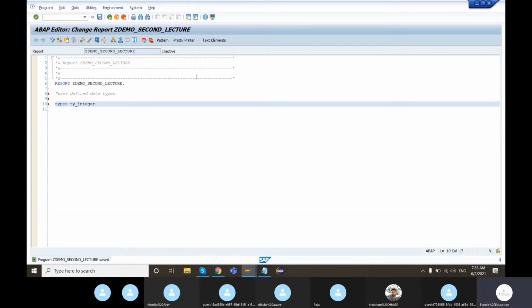Yesterday we created a data object using the DATA statement. Now we are trying to create a data type. So I want to create my own data type called ty_integer. The syntax for creating a user-defined data type is somewhat like this.